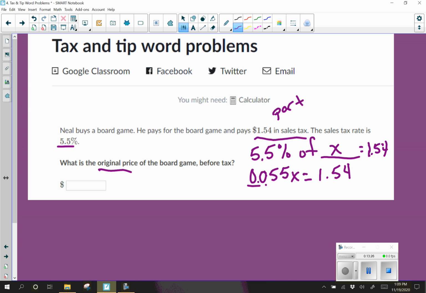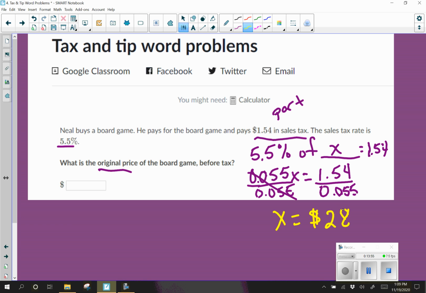And then to get our variable by itself, we're just going to divide by 0.055. We're going to cancel that there. And now on our calculators, let's go ahead and do that division step. We've got $1.54 divided by 0.055, and that leaves us with x equals $28,